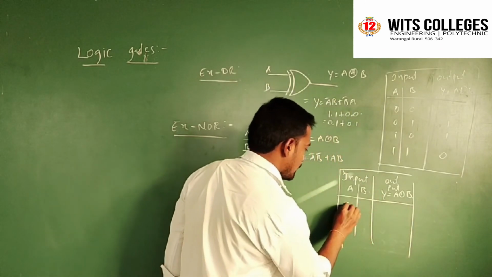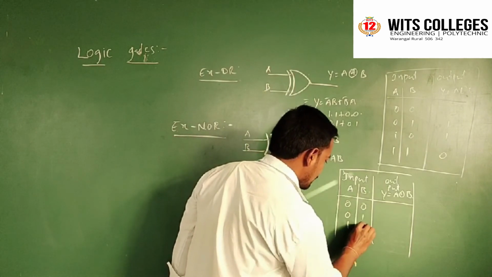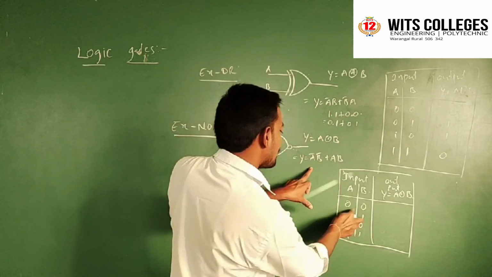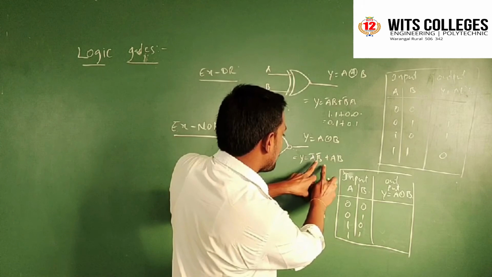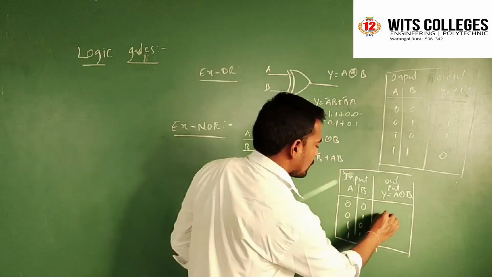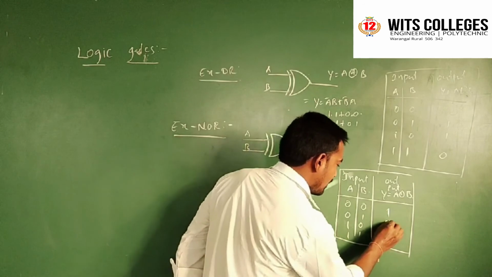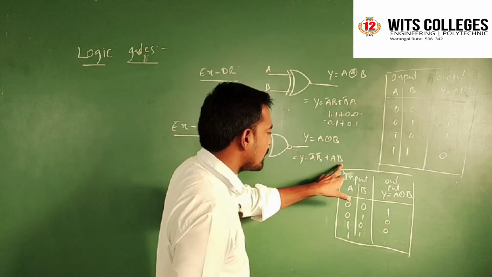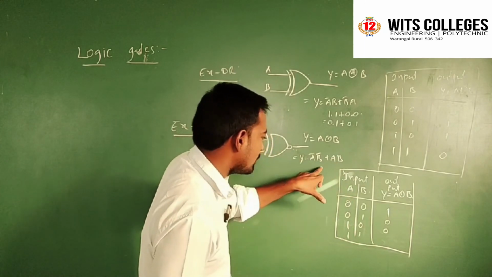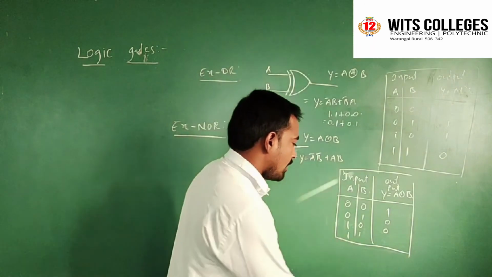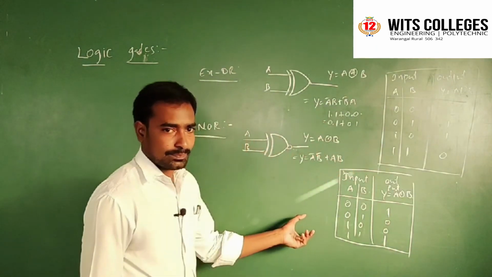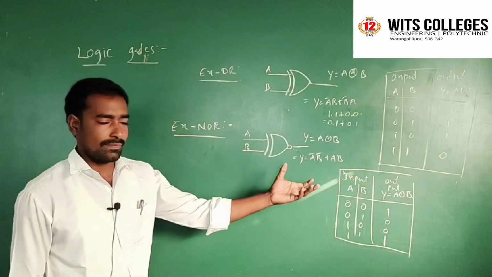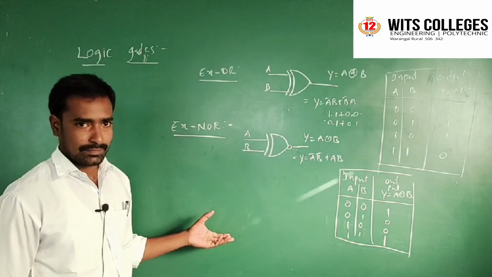Okay, so here we are giving 0 0, 0 1, 1 0 and 1 1. These are all the inputs, and the complemented: if both inputs are 0 0, 0 complement is 1 and 0 complement is 1, 1 cross 1 is equal to 1 here, and in the remaining cases we will get 0. And if both inputs are active high, here we have 1 cross 1 is equal to 1 and 0 cross 0 is equal to 0. So 1 plus 0 is equal to 1, we are getting here. So these are all the logic gates we have, their logic circuits, and the truth tables we already discussed. Okay.